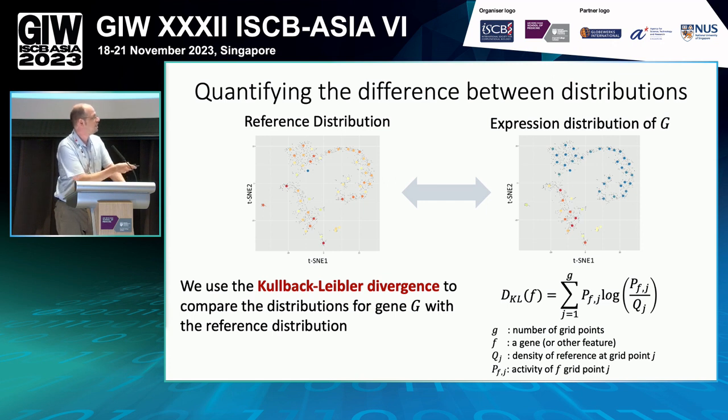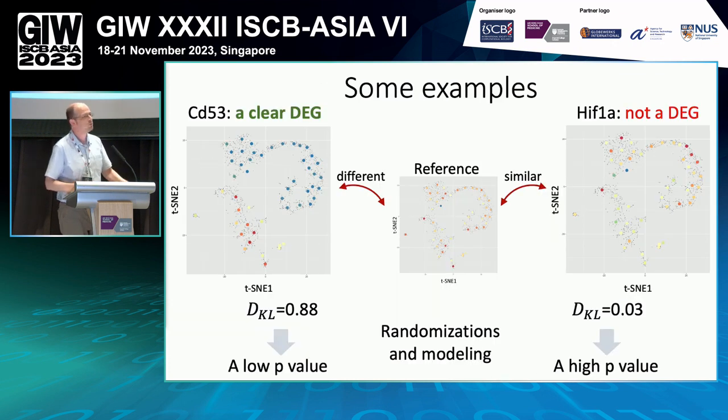So this is the formula, which I will ignore here. Let me show two examples to make it perhaps a bit more clear. So this is again my clear DAG. That expression distribution is rather different from the reference, so it would get a high Kullback-Leibler divergence. And this is my gene that's clearly not a DAG here. So this distribution is rather similar to the reference. It would get a low Kullback-Leibler